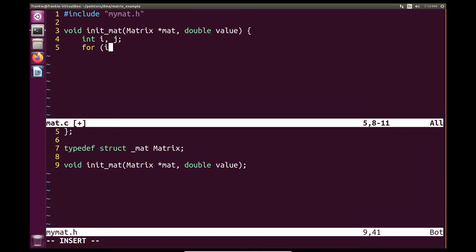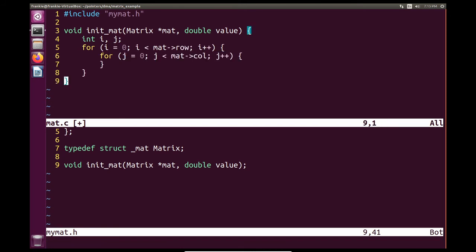I'll have my for loop, and this will iterate throughout the entire matrix, and now I need to give it a value, a way about getting values. So here's how I will need to do it. Well, first I want to access the data of mat. Since mat's a pointer, I need to dereference it. So mat arrow data. What's data here now? Well, here now I just have normal access to data,